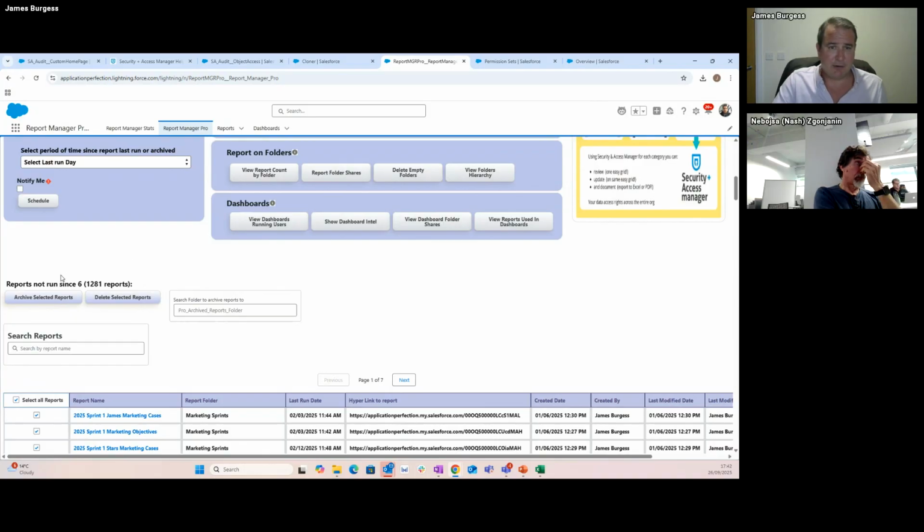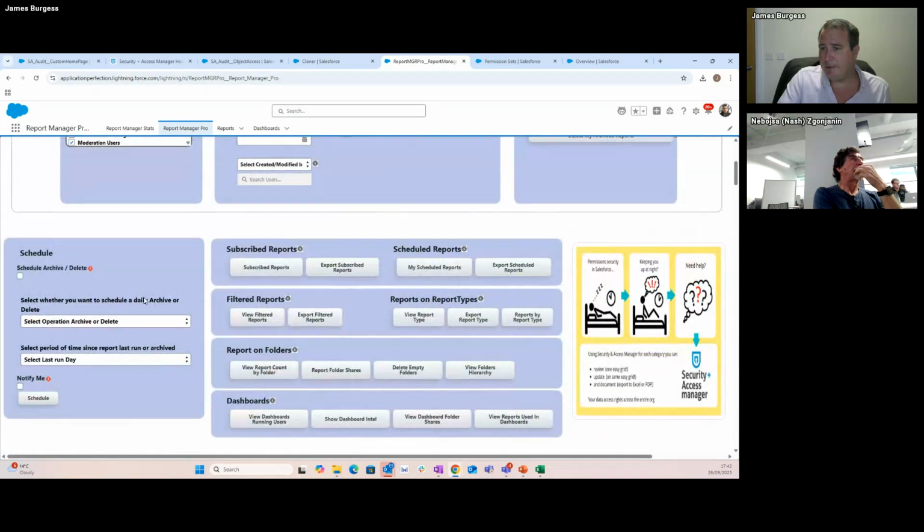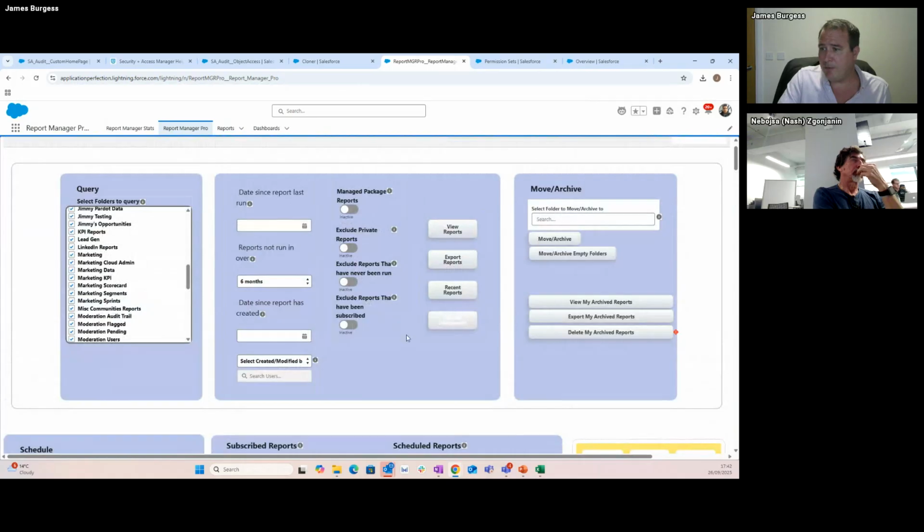We recommend archiving the reports for a few months, because there's always a user that logs in once every 6 months to press a button and run a report. So if you keep the archive for 6 months, you can always unarchive the reports back to their source folder. So if I were to view our archive reports,